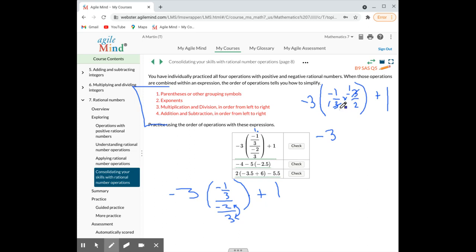Look what we just did here. I took the 3's and I canceled them out. And when I canceled them out, we got negative 1 times negative 1, which is